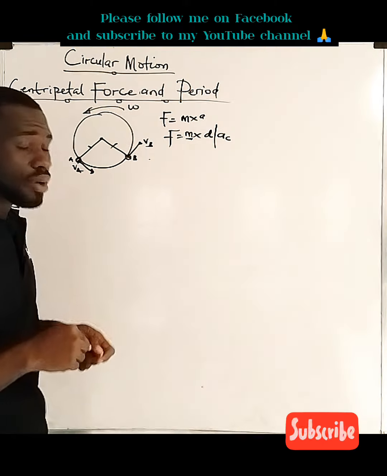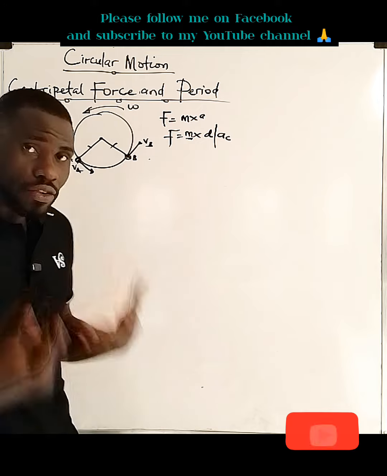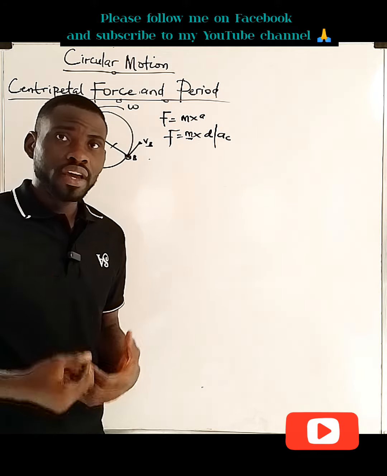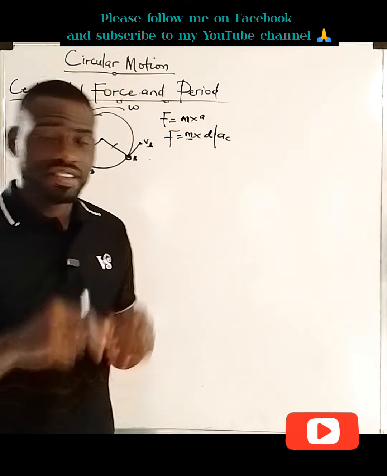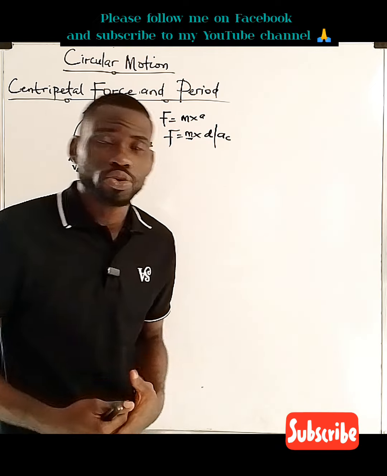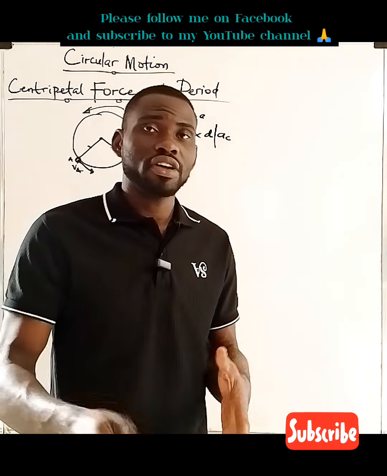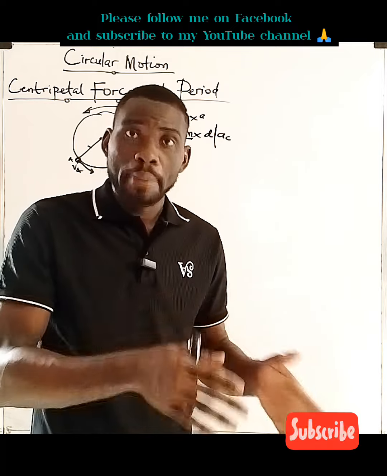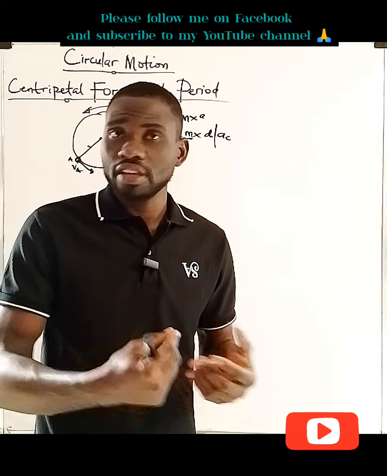So different things bring about centripetal force. For a pendulum, it is a string. When we talk about planetary bodies, it is the gravitational force. Now, let's say a car moving on the road. For a car moving on a circular path, a plain circular path, it is the friction